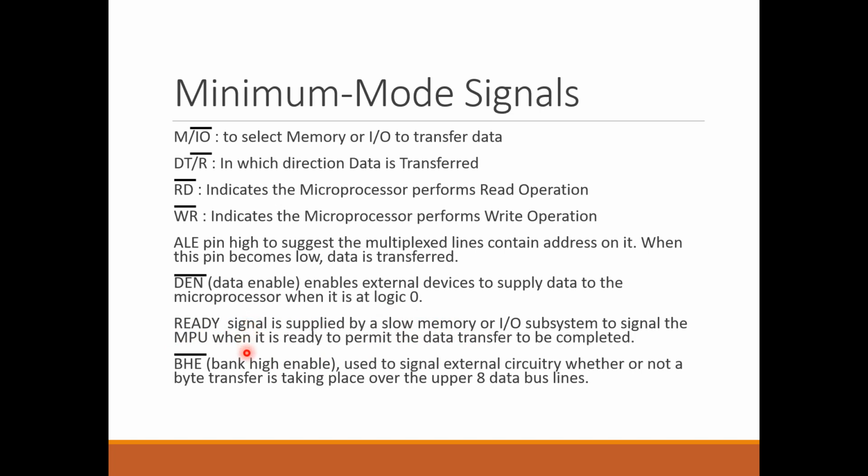Bus high enable, or bank high enable, means that whenever this pin is active, which is active low, it tells the external circuits whether the transfer is taking place on the upper 8 data bus lines or the lower 8 data bus lines. So when it is 0, that means the data which are transferred are on the upper 8 data bus lines, or upper 8 data bus bits. But when it is 1, that means the lower 8 bits of the data bus are used